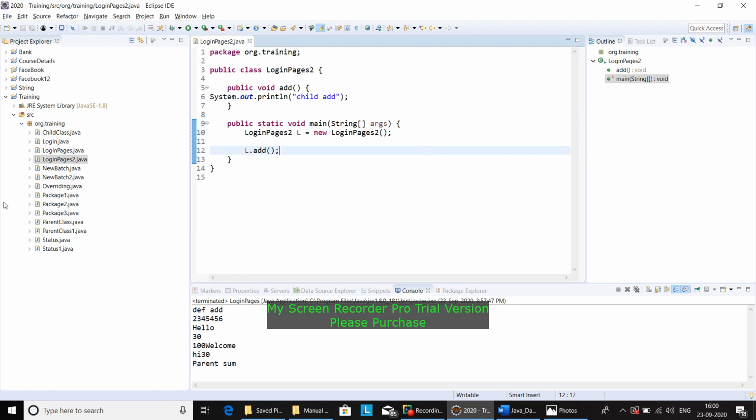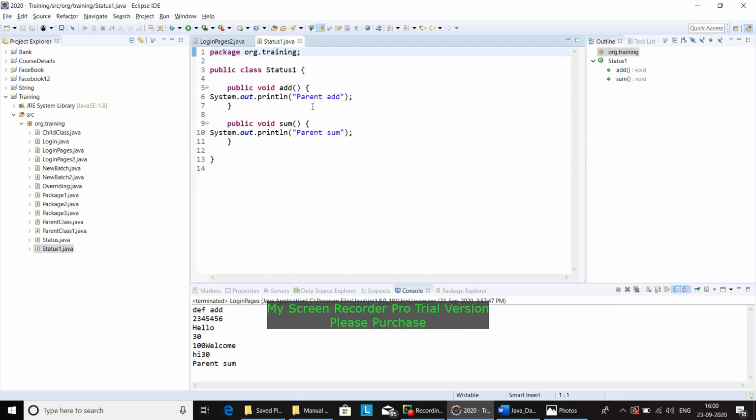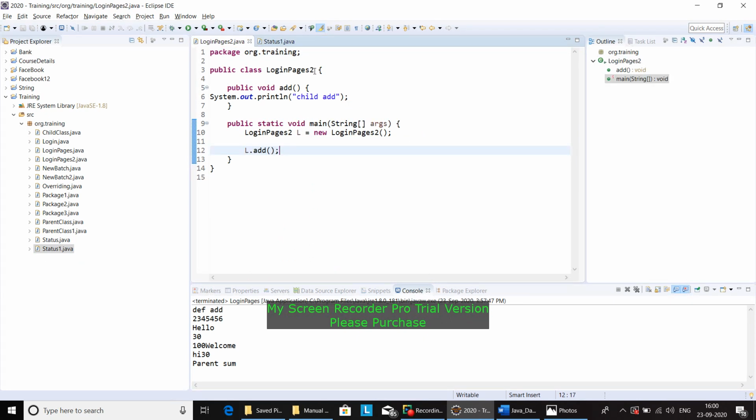Yeah. Now let us open this status one which we have created here. Now we already have the methods add and parent sum. Now I am going to extend it here by using a keyword extends status 1. Save it.